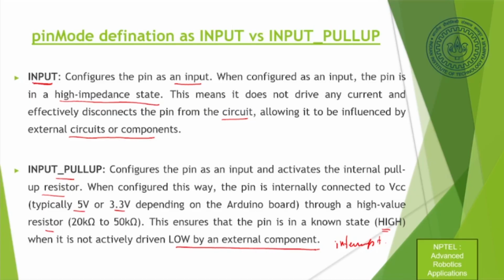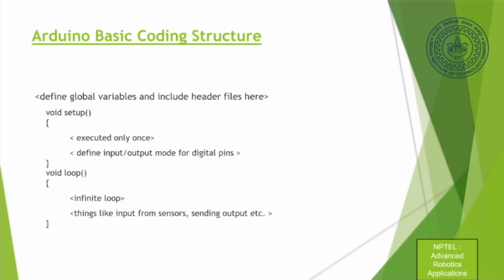Now, the basic program structure looks something like this. It consists of 2 parts. The first part is this one, and the second part is that one. What you would guess by now is that first you attach your board to your PC, download the IDE, open the IDE, set the board, and set the COM port wherever it is connected. Then you open a program that you want to run. For example, I want to run this program.